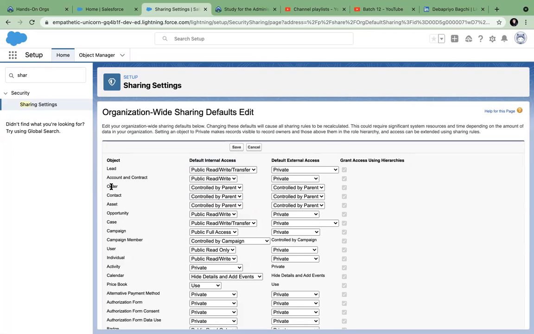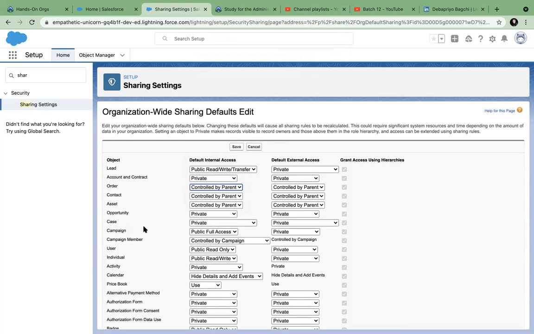So if it is a master detail of account, then if the account is set to private, then even for the child object, it will work as private. By default, master detail are controlled by parent. You cannot change that. But here, some of the objects you can set as controlled by parent, but you can change it to private also, because these are not master detail.